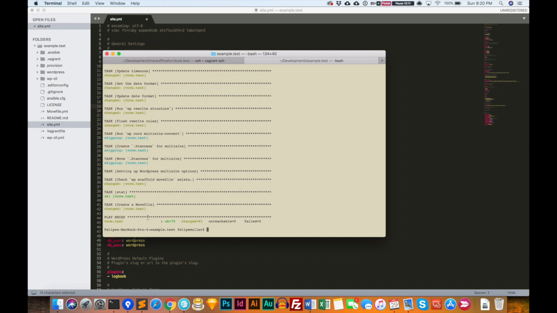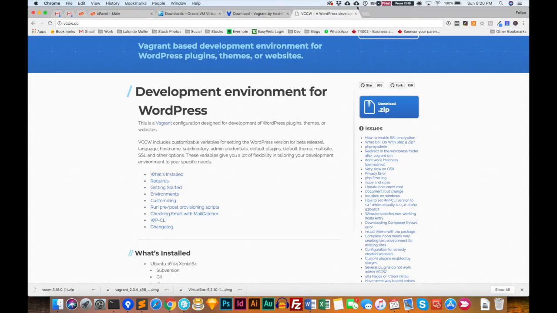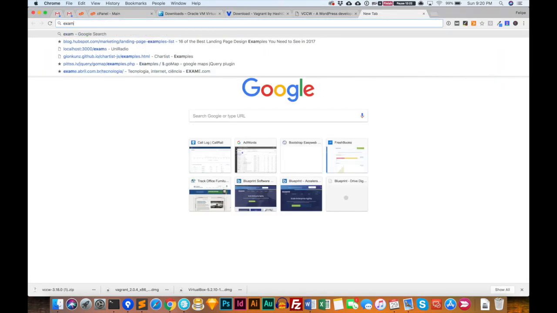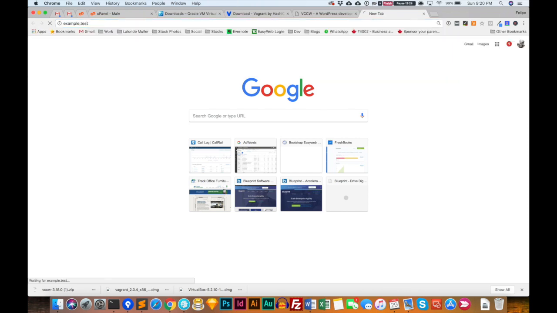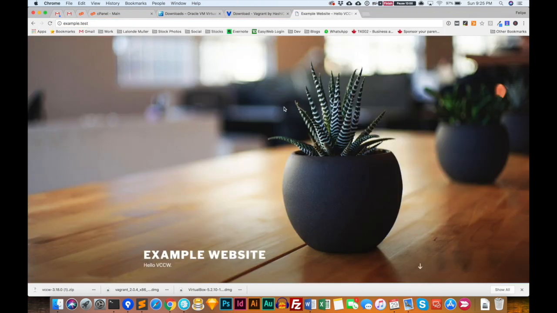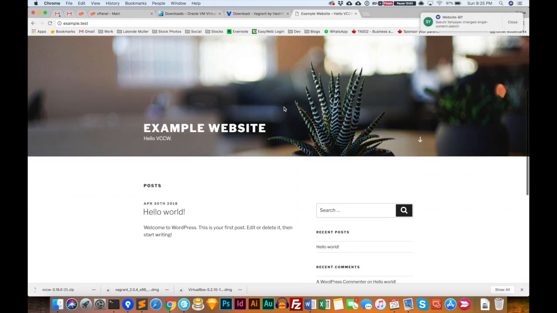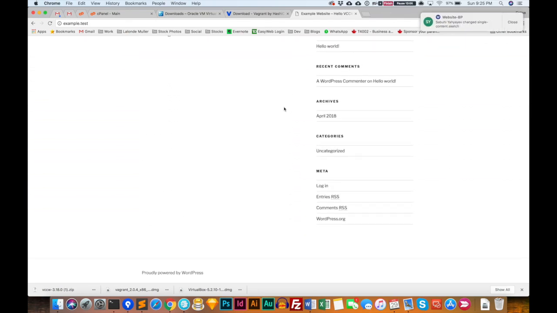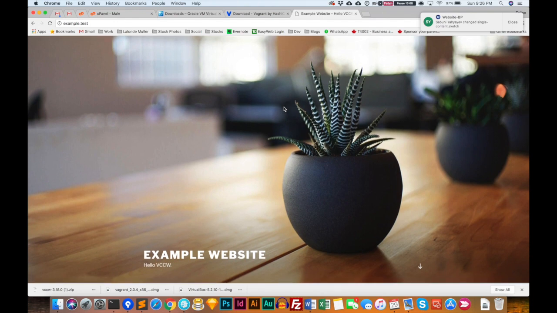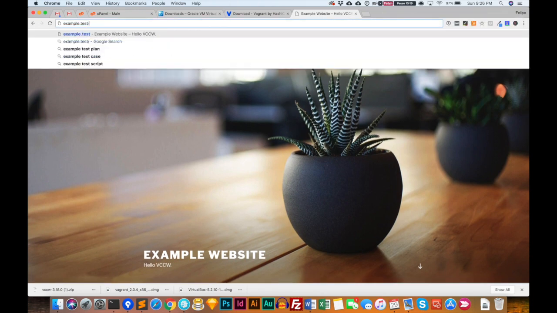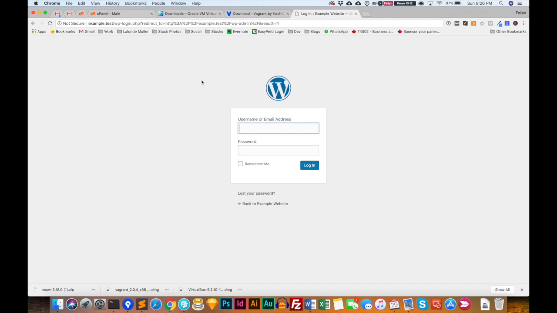So as you can see, downloaded everything, installed everything, and now we're up and running. So what we can do now is just open up the browser and go to example.test, and you should see a brand new website installed. So there it is. So this is a brand new WordPress installation on your local computer, and it's ready to go. So you can just log in like you normally would,